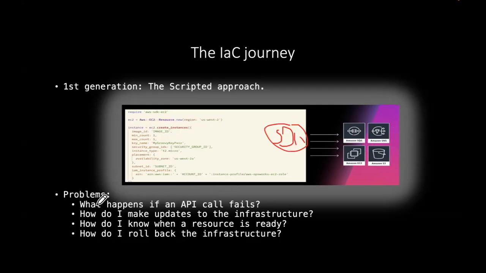Now, there were lots of problems though with that approach, and I'm mentioning some of them here. One is what happens if an API call fails. So what I mean by that is, okay, your Python script invokes a particular method of the SDK, and let's suppose the purpose of the method is to create an EC2 instance. The SDK then sends the HTTP requests, there are probably going to be more than one, across the network to